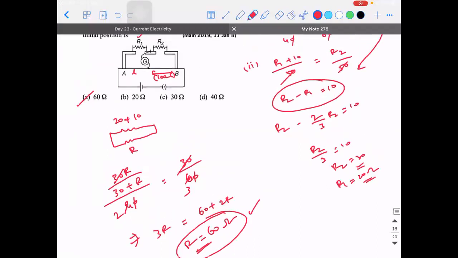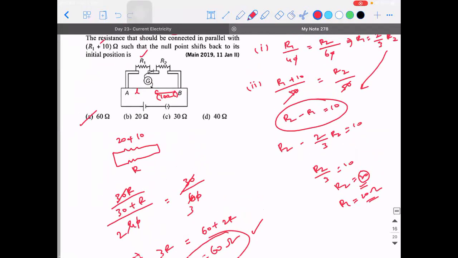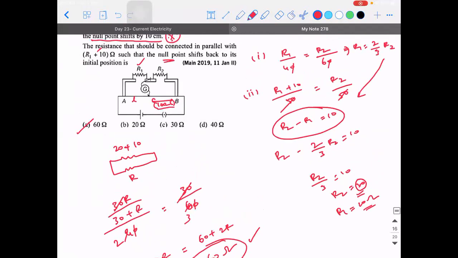So why is it 30 by 60, sir? Because R2 is 30, that's what I observed. 100 minus L, when it is shifting back to original position. This is the third scenario. In the third scenario, R2 is still 30. Balance length will be 40 here and 60 here. That is why I wrote 30 by 60. Am I clear? You want me to explain it again? No, sir. Got it.